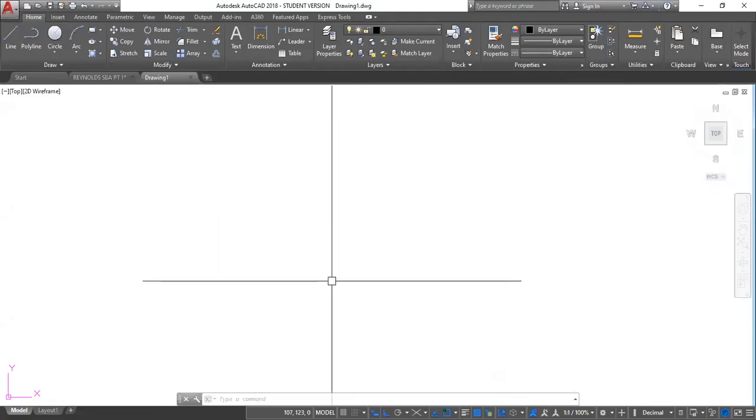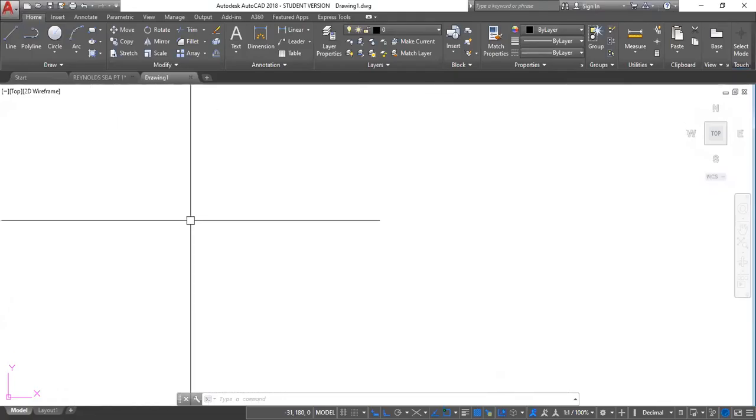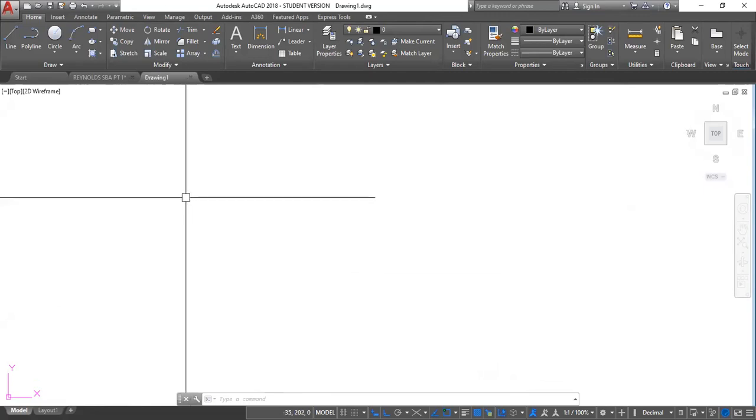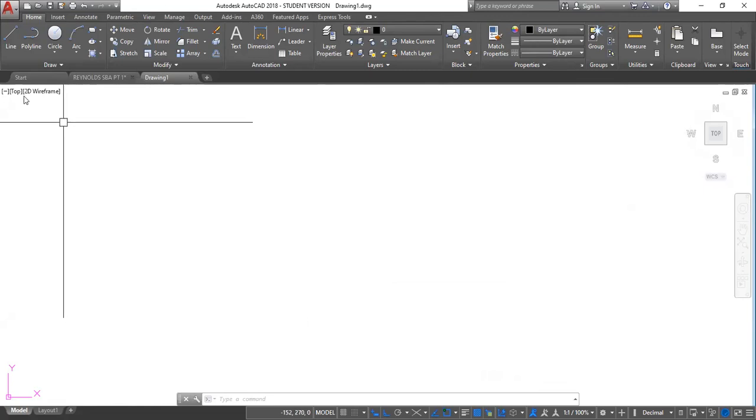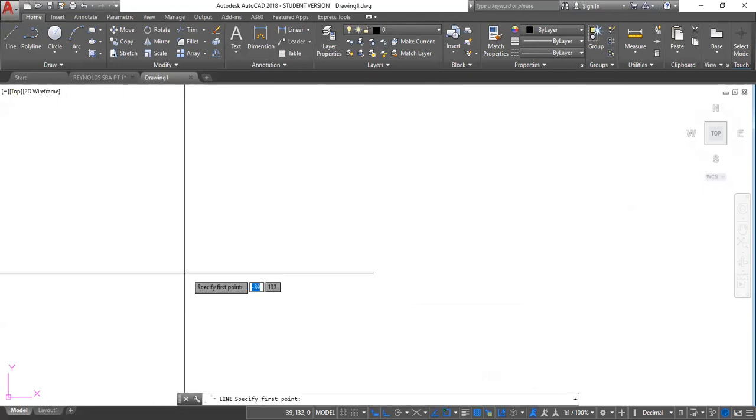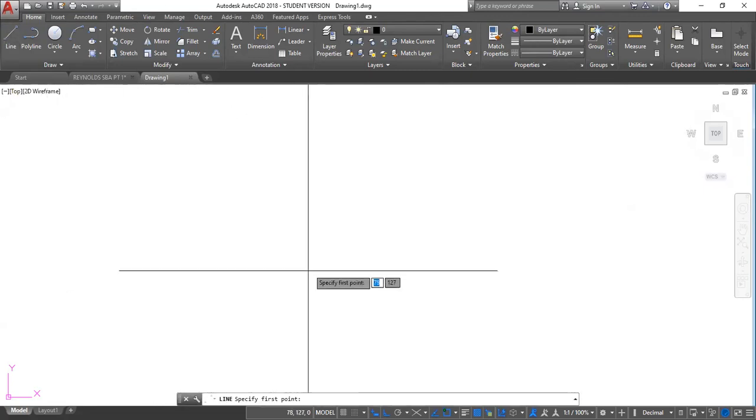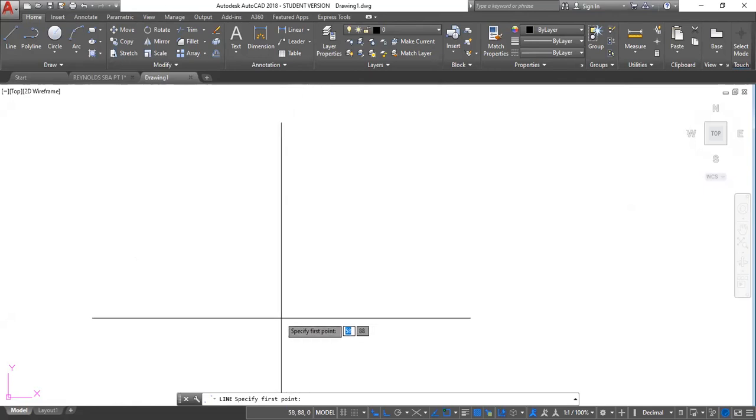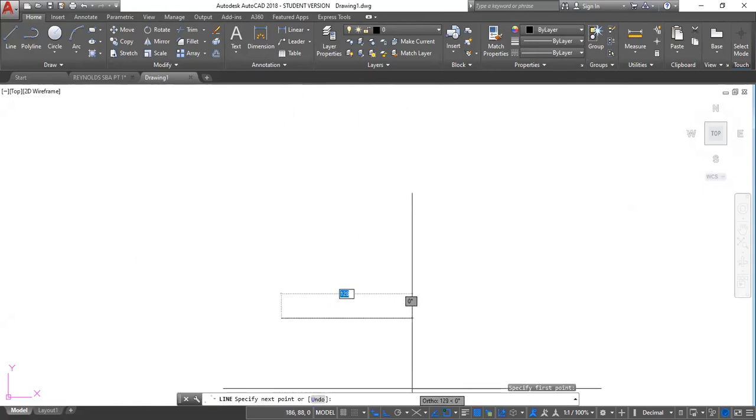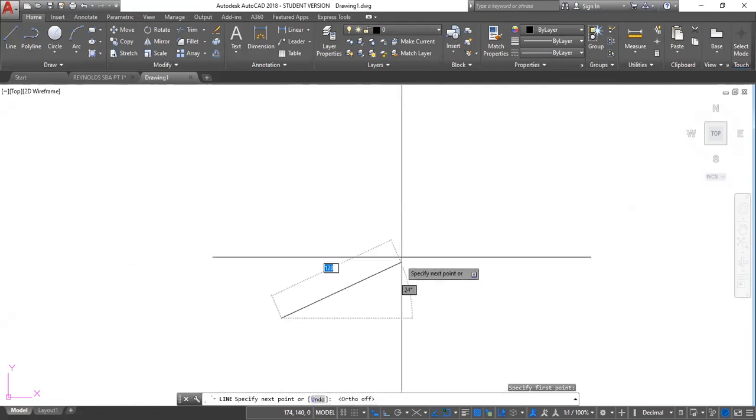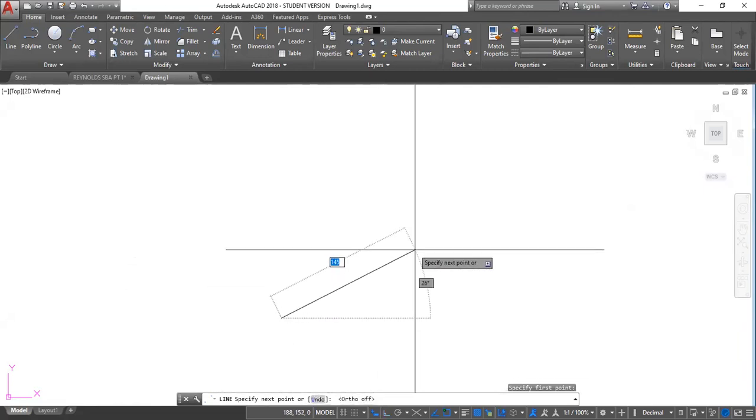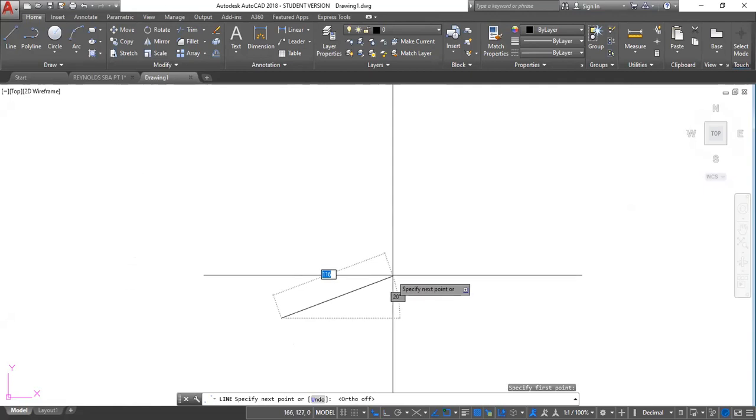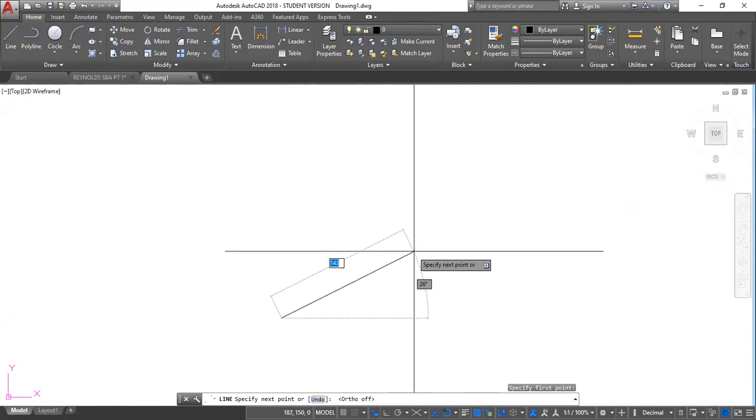Okay, for this class, I will be exploring some of the basic commands that you will come across. The first one is line, and the orthogonal mode. All right, so to draw a line at a specific length and a specific angle, you pretty much